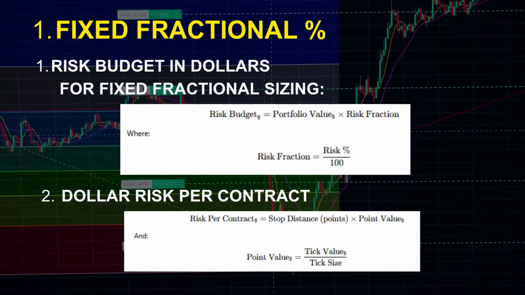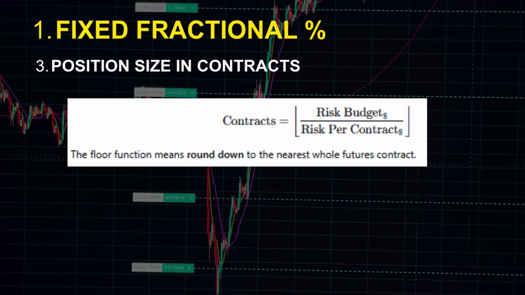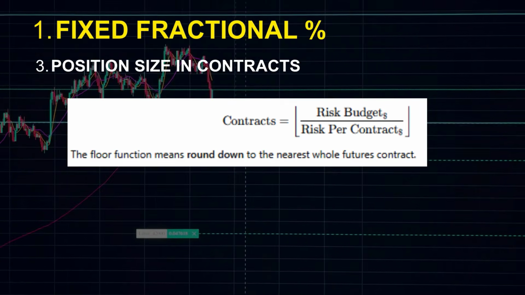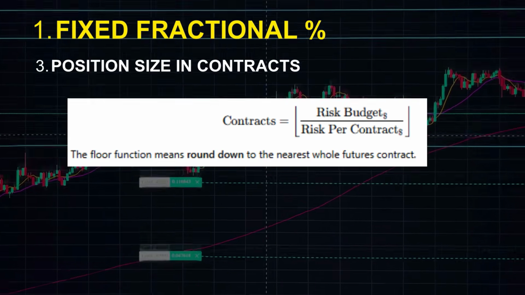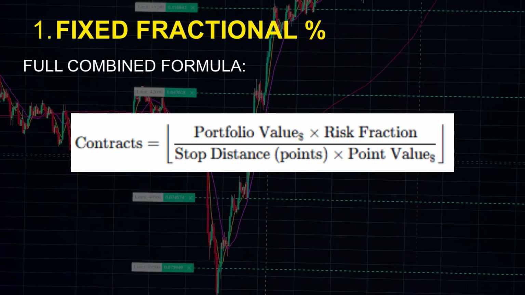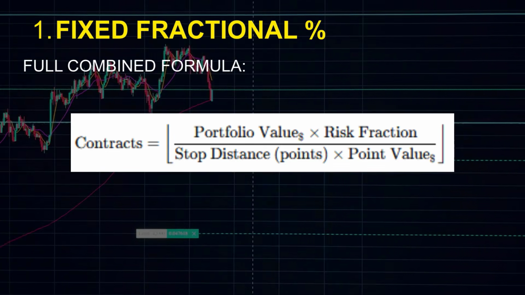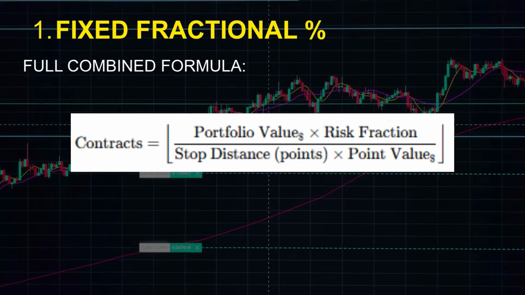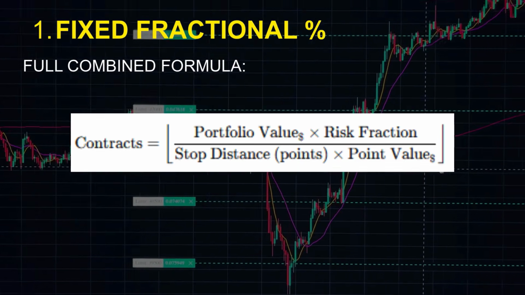And to find out how many contracts we need to trade, we then quite simply take the risk budget, so it'd be like our $100, and divide that by the risk per contract. And that is quite frankly all you need to do. And I've put it all together in one full combined formula. As you can see, number of contracts equals, in those brackets, the portfolio value times the risk fraction, divided by the stop distance in points times the point value. That's all we need to know how to get the right position size